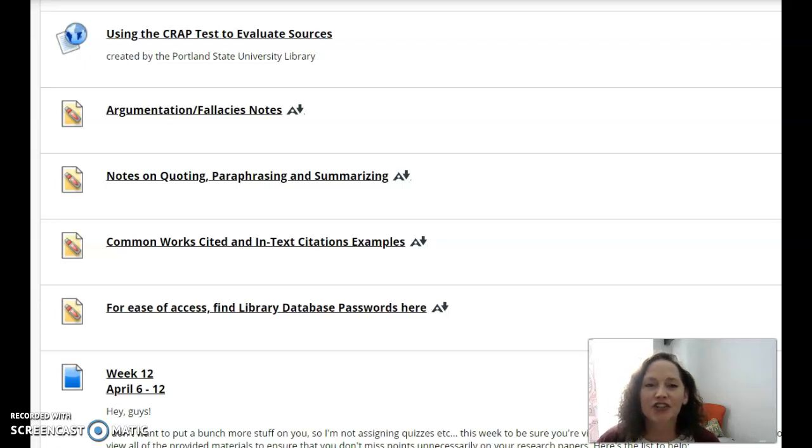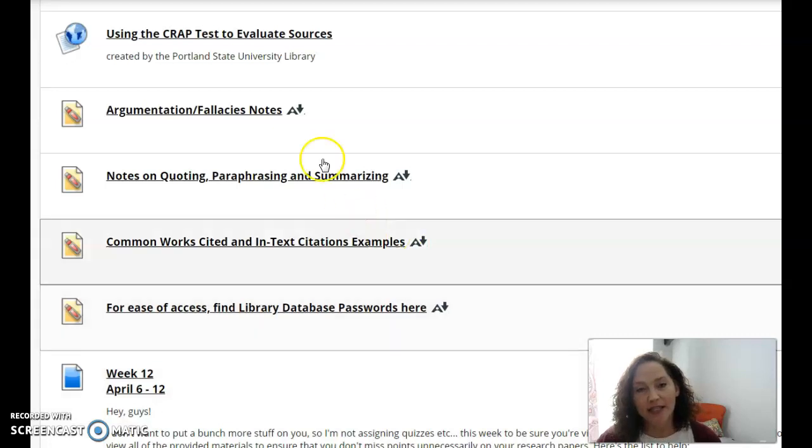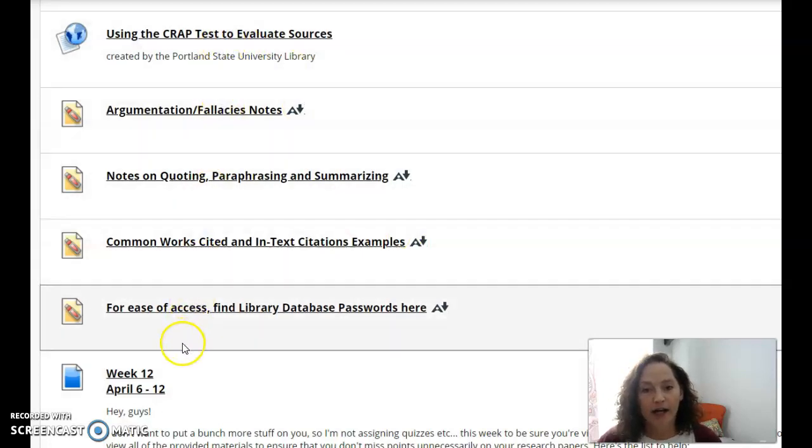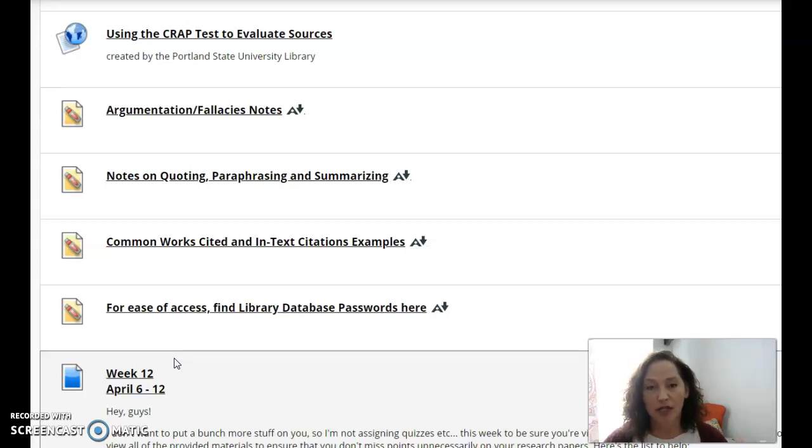Hey guys, I just finished grading the notes that you took for your research paper practice, and I saw a few things that I wanted to make sure that I warned everybody about and some common errors, all right? So I'm in this week's folder, and remember that all of these supplements remain open for you so that you can use them once you start to apply this information to the essays that you are writing. So make sure you look back over these if you are struggling with anything.